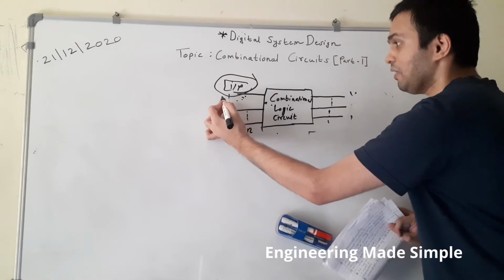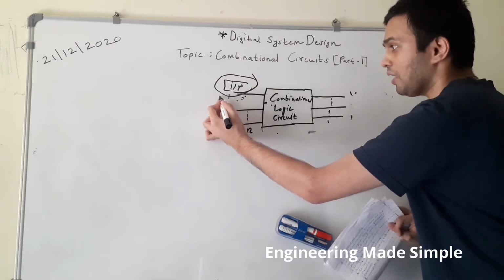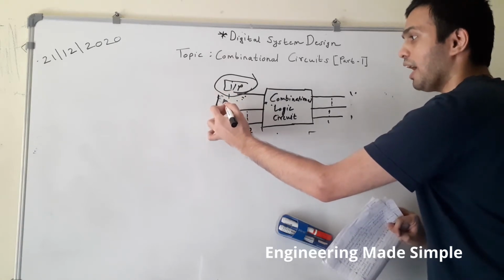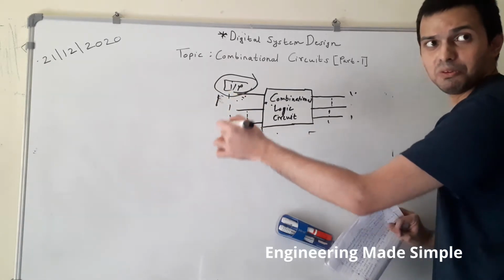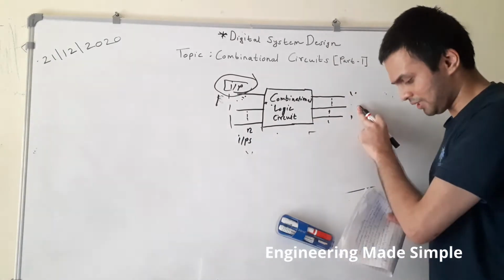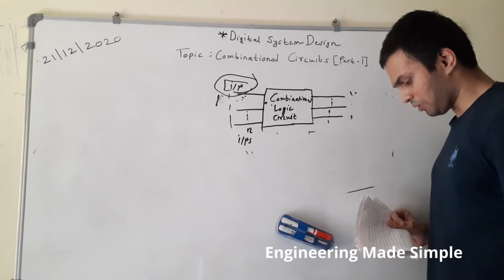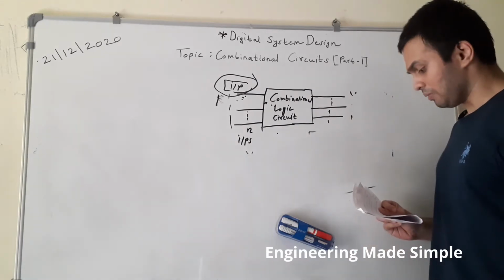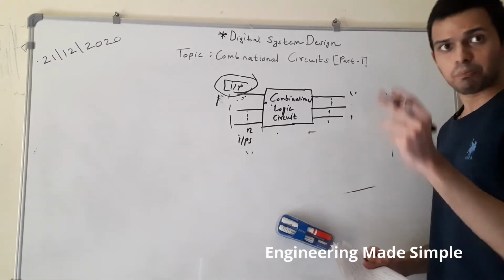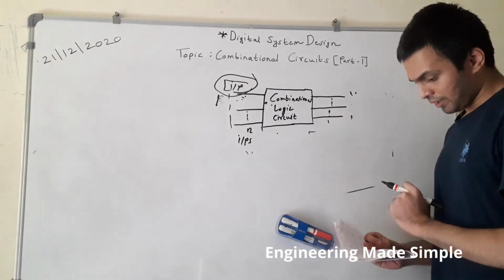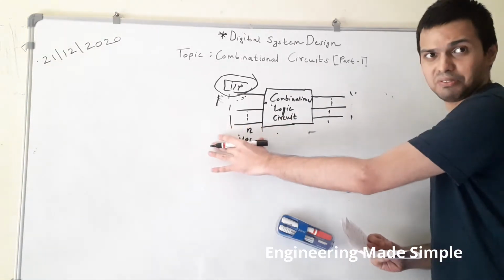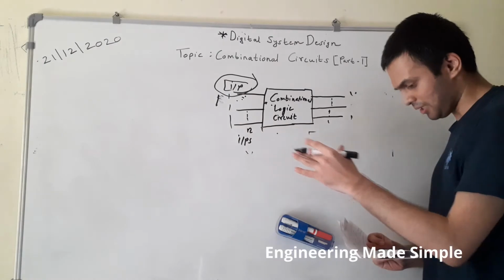In combinational circuits, output is obtained only and only by the present state of the input. So it doesn't make any difference if 5 minutes before the output was 0 and in the next iteration the input is 1. The presence of 0 before this 1 will not make any difference in the output. So this is a combinational logic circuit. What does the textbook definition tell us? A combinational circuit is one where the output at any instant of time depends on the present input only at that point of time, with total disregard to the past input of the circuit.